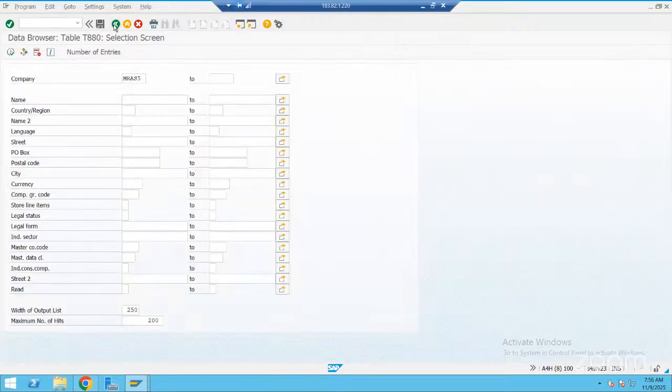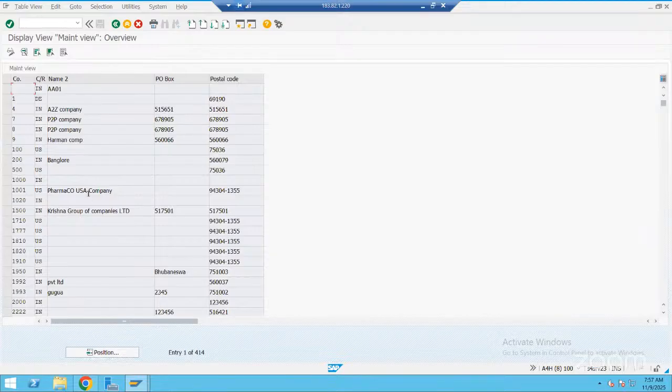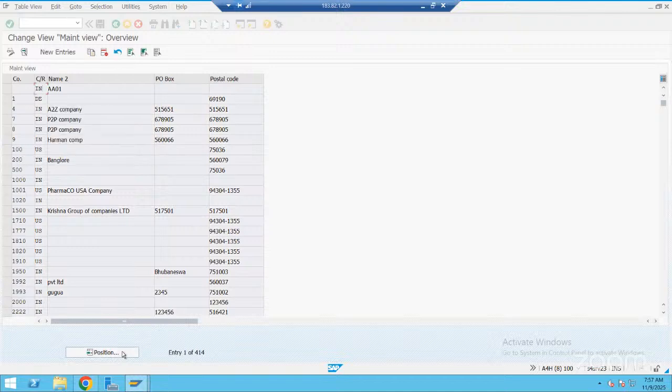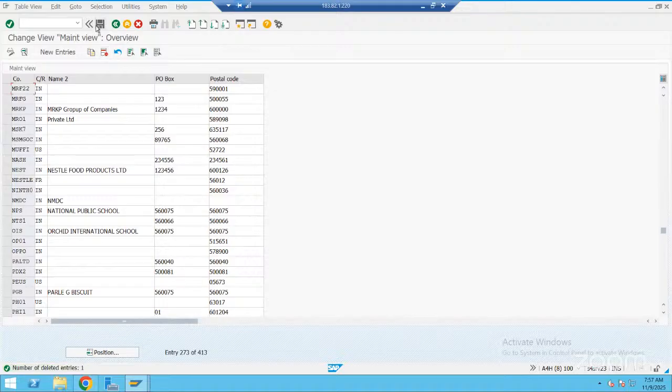Go back, back, back. Go to change mode, search here, MRAS 5. You can delete this as well. Select this, click on the minus button here. Data is deleted, save it here.